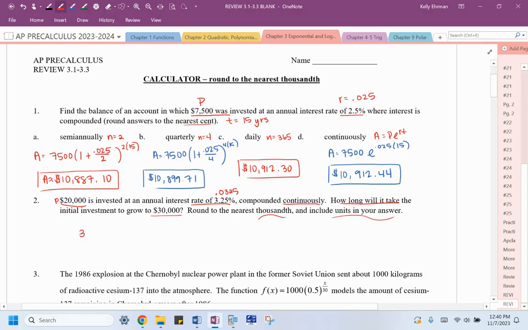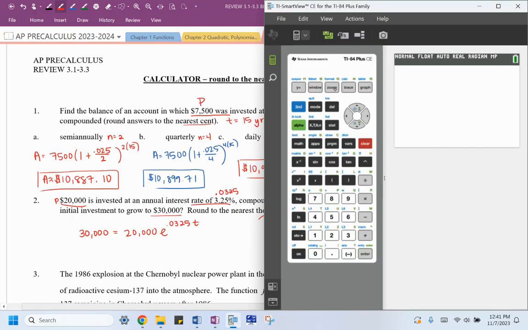So first we would need to show that we are setting our amount, our balance, equal to 30,000. That's equal to the initial 20,000 compounded continuously. So PE to the RT. And we're going to use our graphing calculator for this because one, it's fast, and two, we haven't talked about solving these exponential equations yet. So, all right,